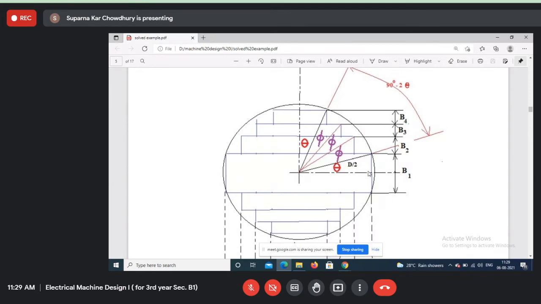So now we have A1, and our objective is that our stepped core should approximate a circle. For that, we want all these points to lie on the core circle. This figure is not exact because this is a hand drawn figure, but actually these points should lie on the core circle.